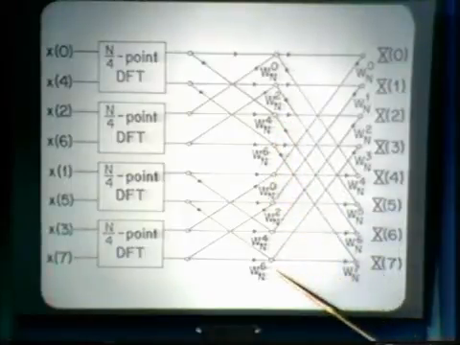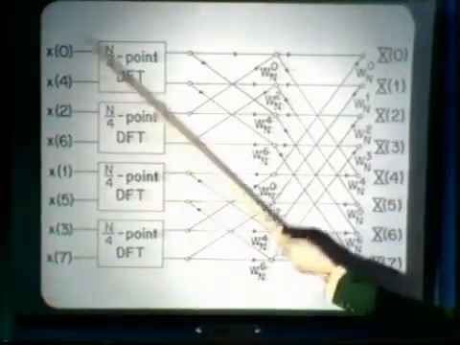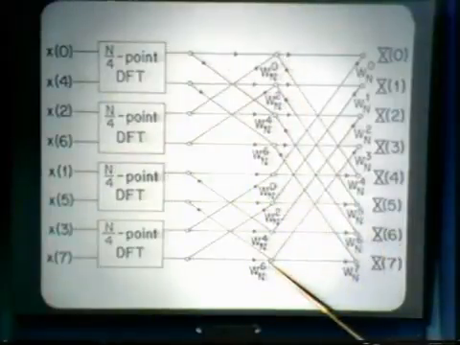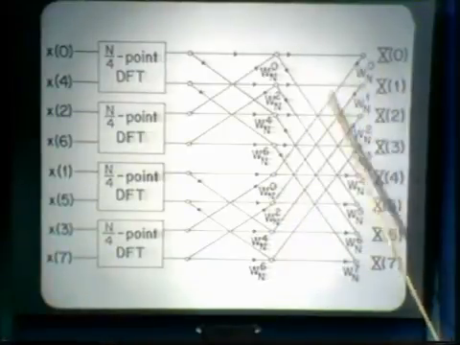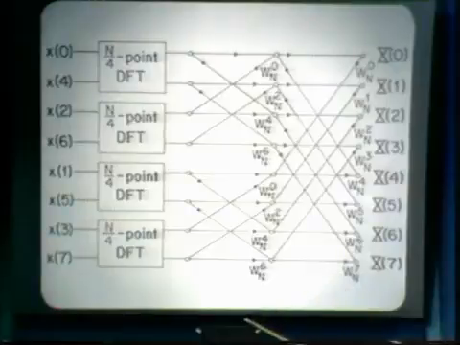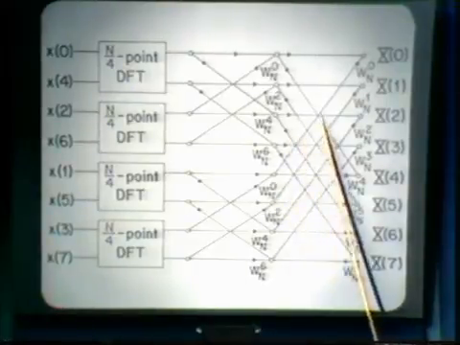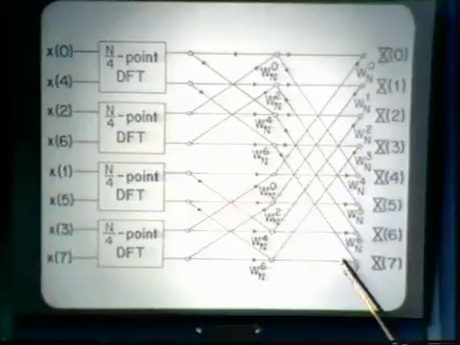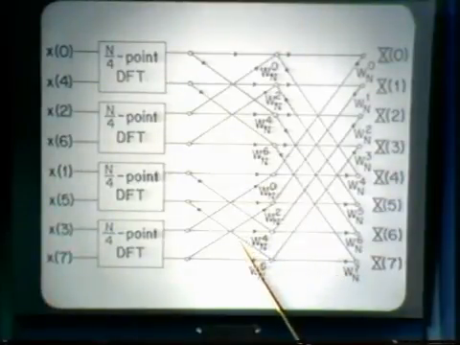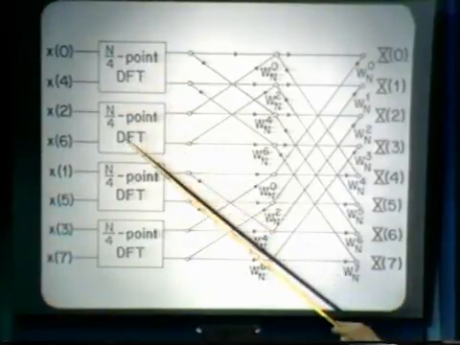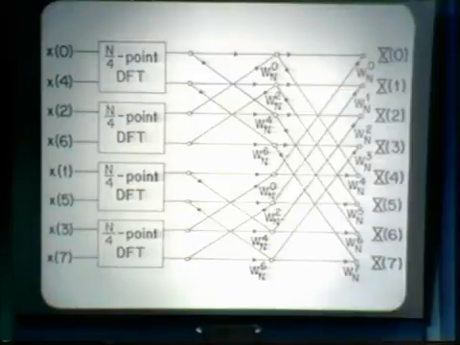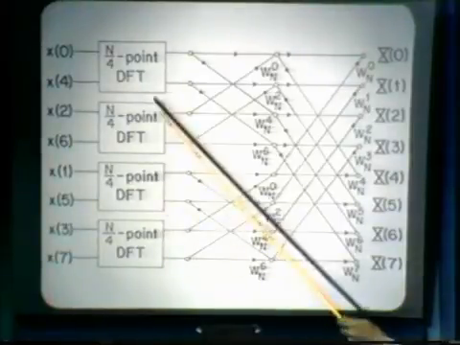Here is the sequence h of k. This then implements the computation of the n/2 point DFTs that we had before, and then we have the output DFT obtained by combining those. So this flow graph results from simply carrying the previous strategy back one step to implementing the n/2 point DFTs. All right, well, now we have the computation of n/4 point DFTs, and we can do exactly the same thing